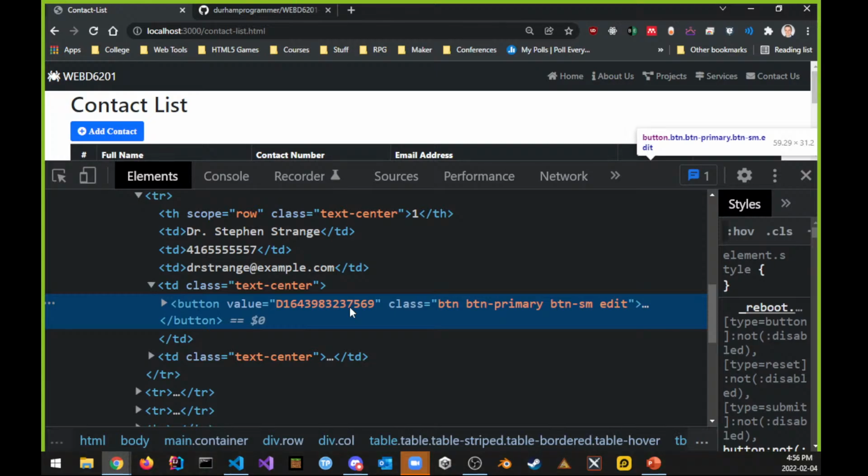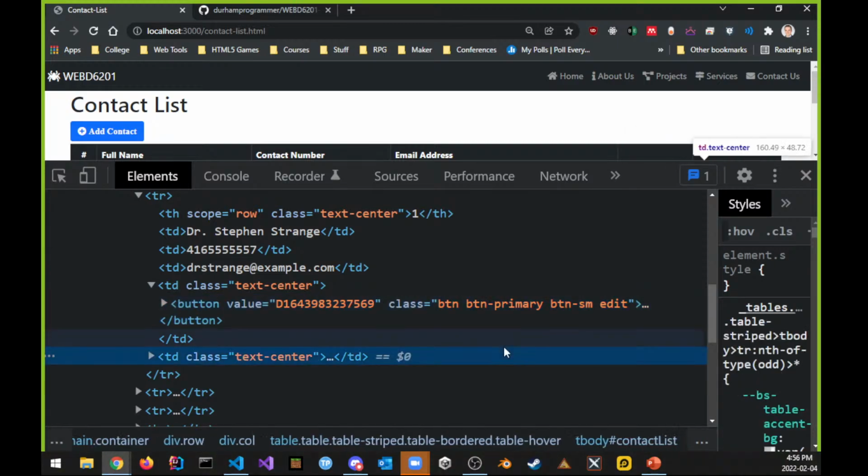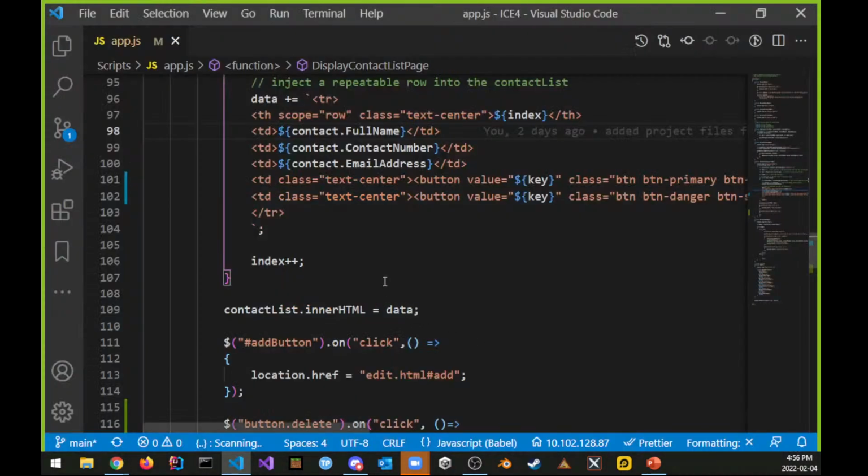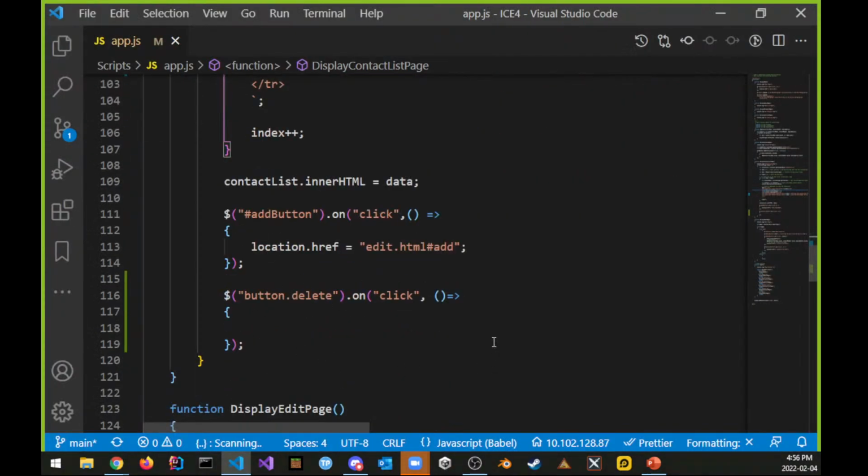Okay, guys, this is a trick, right? I'm using the edit button to store the value of my key. If I know what the value of the key is for every button, now I'm in business. Now I can send it, do something, remove it, whatever I want to do. I have control, right? So, cool. That's excellent. And that means that here, right, what I want to do is say,